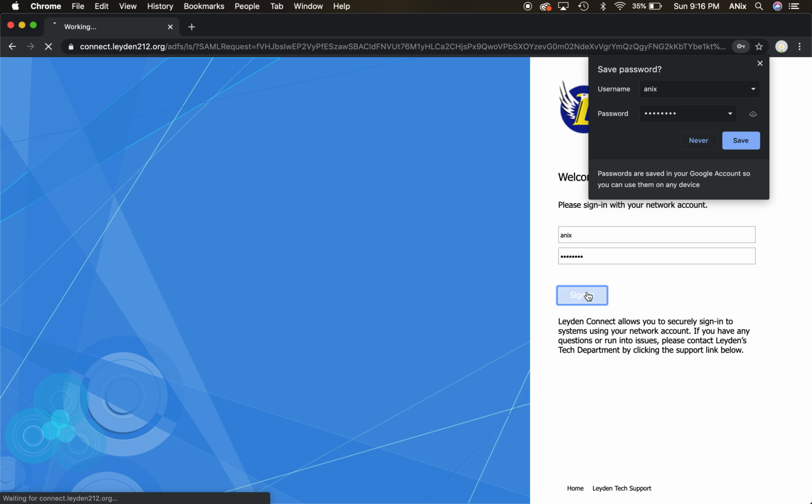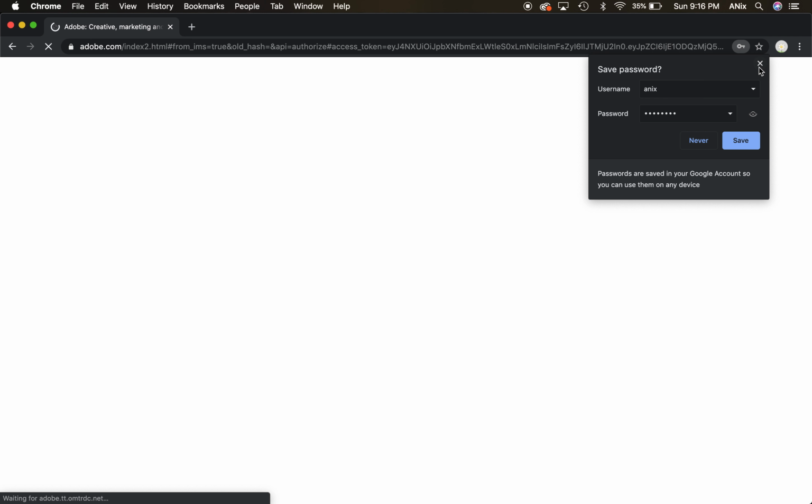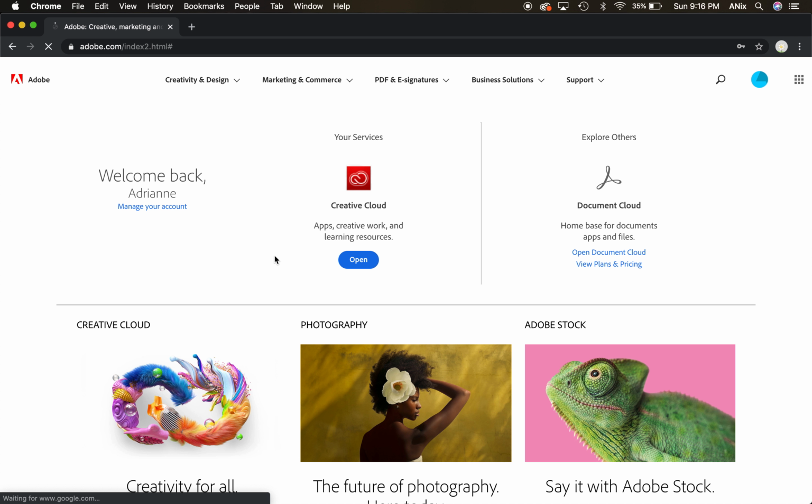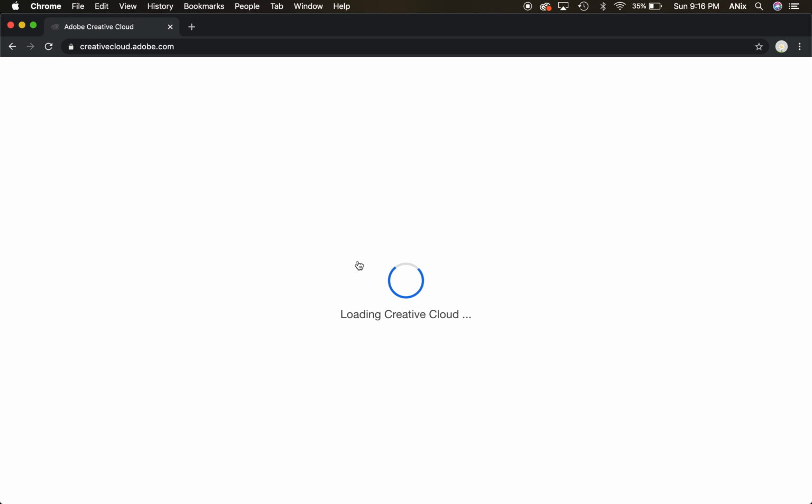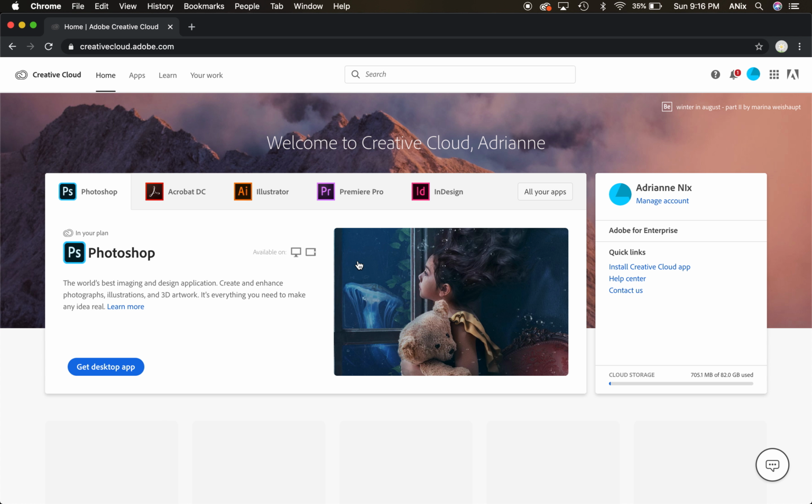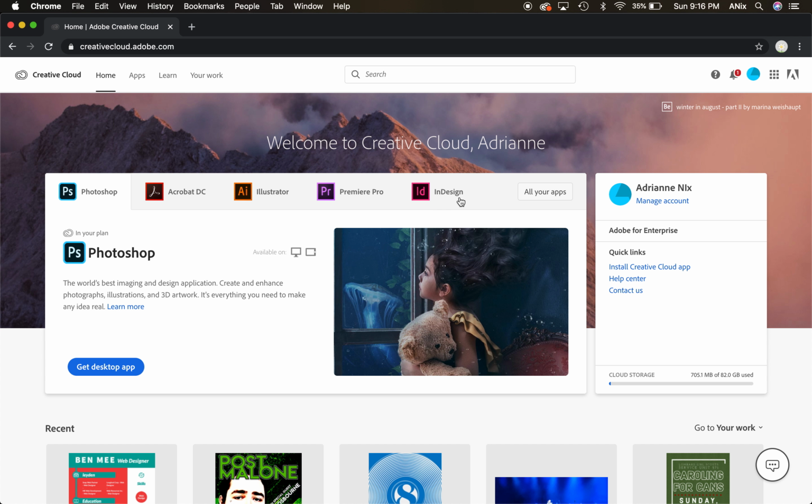So after you hit sign in here, I want to save that right now. It'll bring me to the Adobe Creative Suite. So these are all the things that I have access to. So right in the center, your services, I'm going to go ahead and open it. So this is what I have ability to use or download or utilize in here. These are all the desktop apps. So Adobe now, the Creative Cloud runs on an app on your desktop. So it's not actually installing the entire program, which is why I think even if you think your computer's slow,